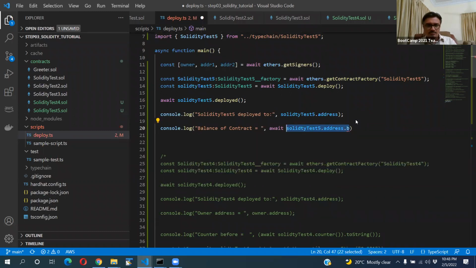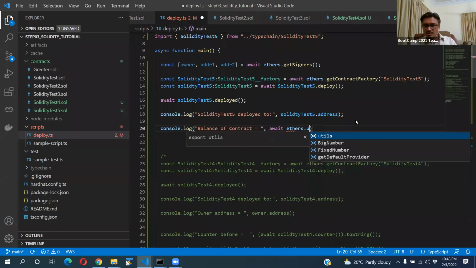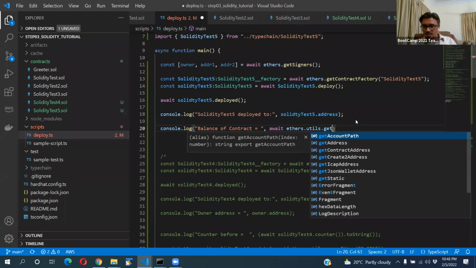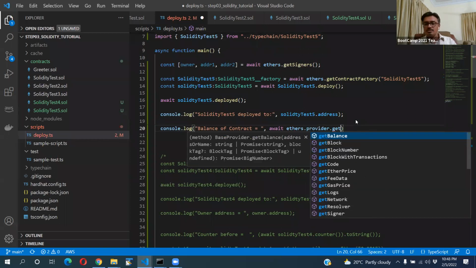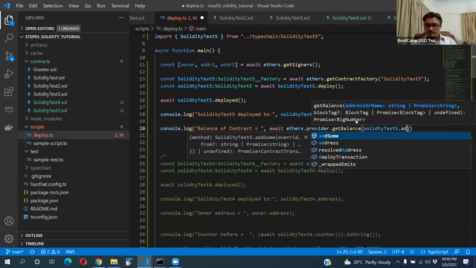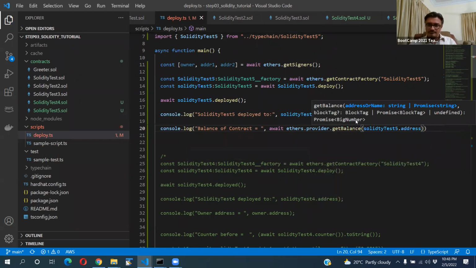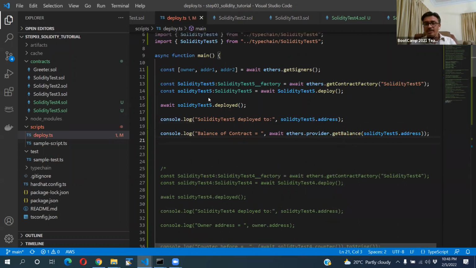I should do a balance function only. Okay. So this will give me the balance of this contract. It's not an address, it's a contract which will be receiving the ether. So I'm just mentioning the